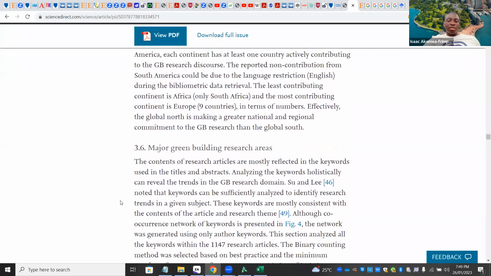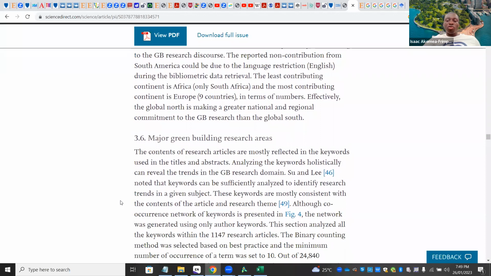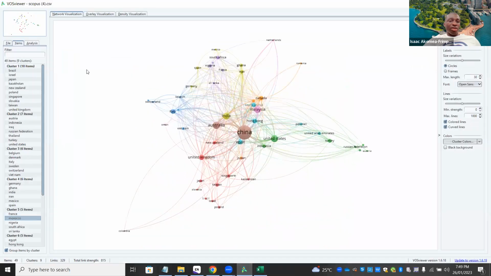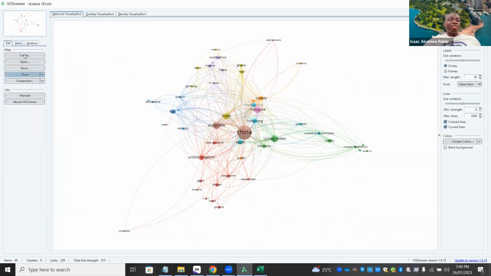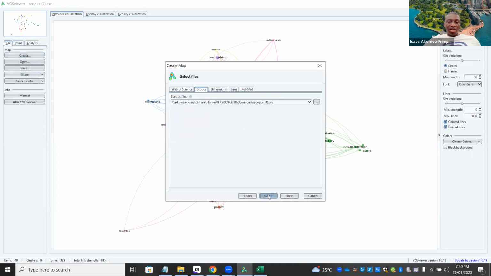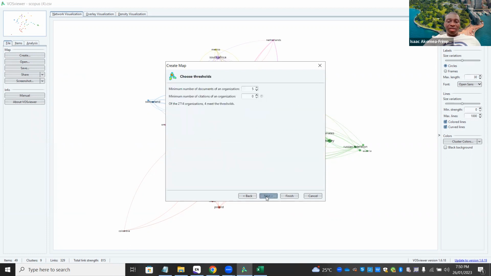Okay, so that's it for the major green building research. So we are done, but I told you in the first video that there are other analyses that you can also do. For example, I can also decide to do institutional analysis, where I look at this from the point of view of organizations or research centers like KNUST, Legon, and all that, which undertook this kind of research. So you can decide to do this analysis. And it's with respect to institutional